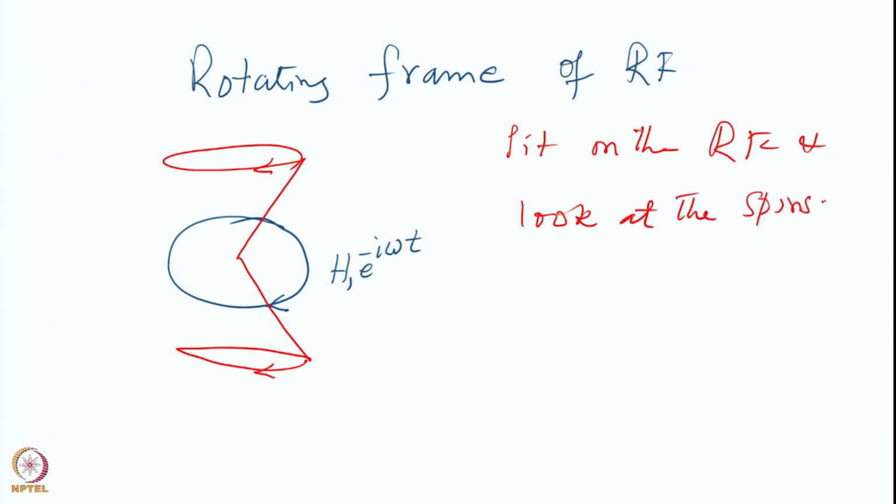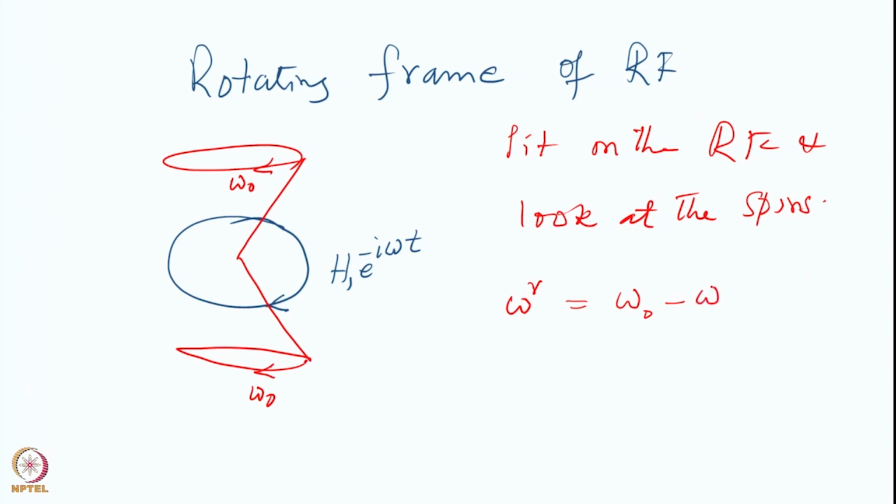So, when omega is different from omega naught, okay, this frequency is omega naught. When omega is not the same as omega naught, what will happen? What do I see? If I sit on omega and look at omega naught, what will be the precessional frequency? So, omega naught precessional frequency, if I call it as omega r in the rotating frame, is equal to omega naught minus omega,